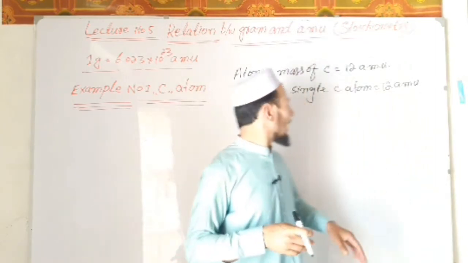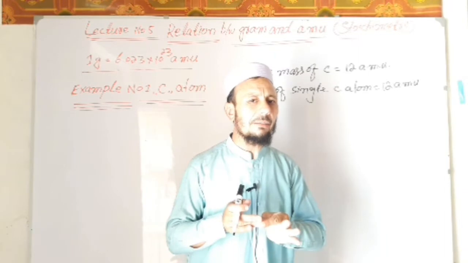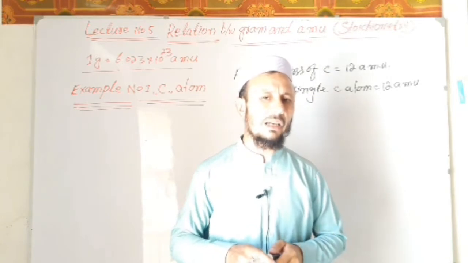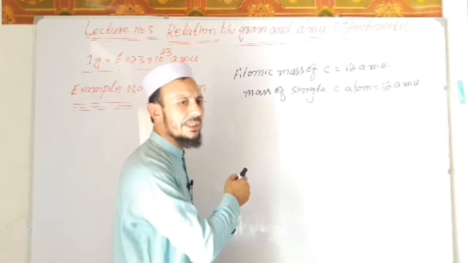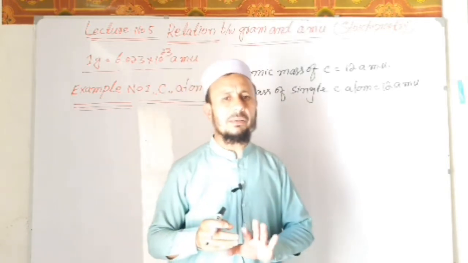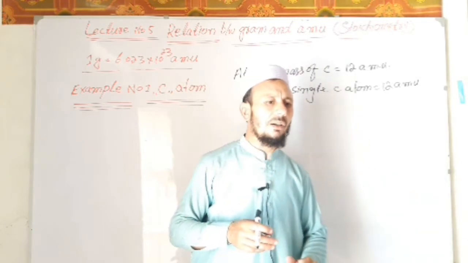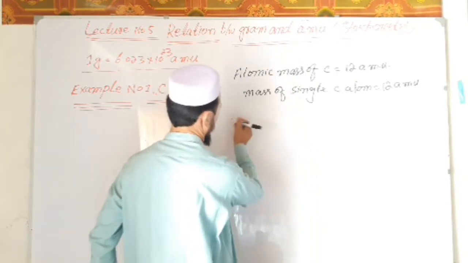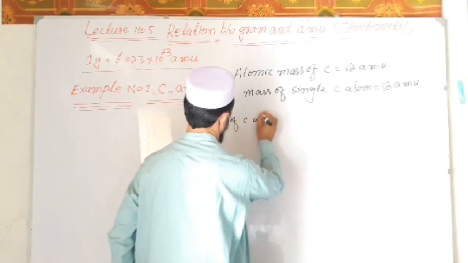So we will derive the mass of a single atom of carbon from the relationship of mole and Avogadro number. How? Let us understand. Dear students, we know that the mass of Avogadro number of carbon atoms is equal to 12 gram, which is called molar mass. So dear students, here we will write number of carbon atoms